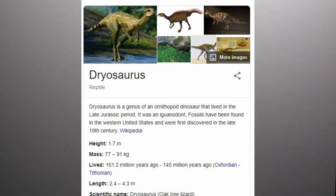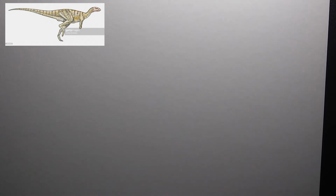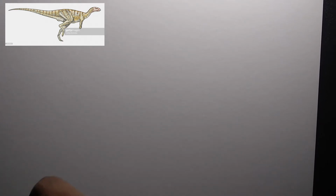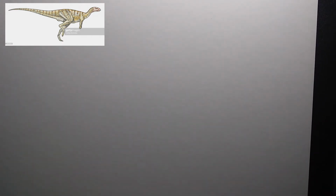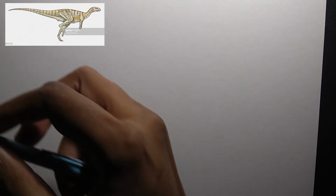And so today I'm going to draw a dinosaur called Dryosaurus. And to be honest, I wasn't familiar with this. It sort of looks like a raptor, but with a different shape. So I just took a Google image when I looked up Dryosaurus, and I'm just going to show you how to draw it. So before that, before we get into the Dryosaurus,